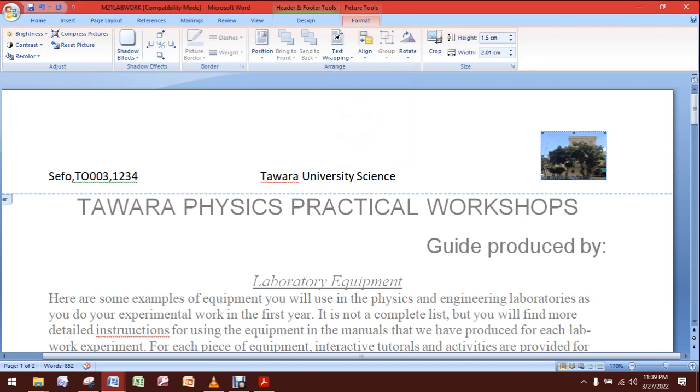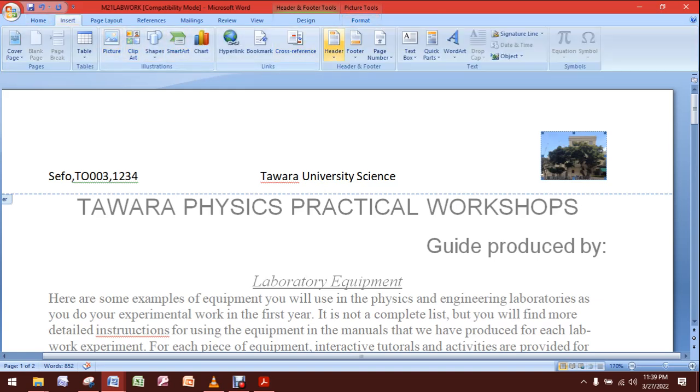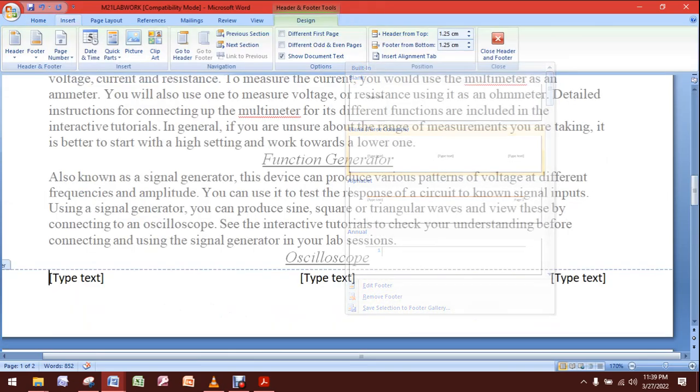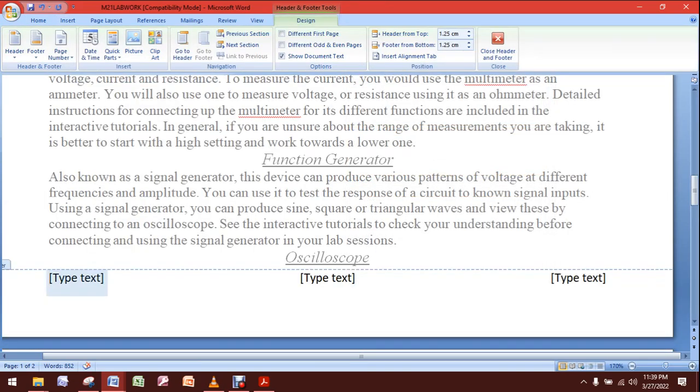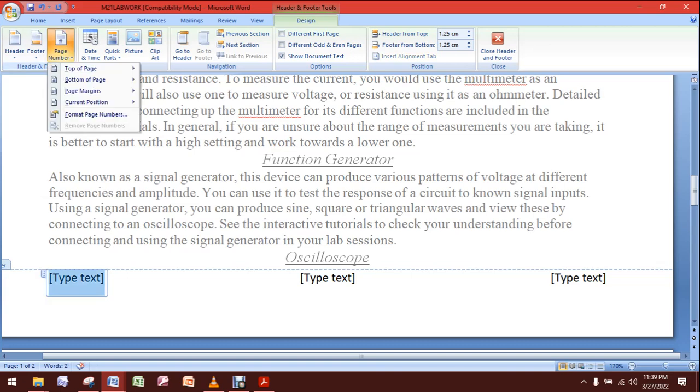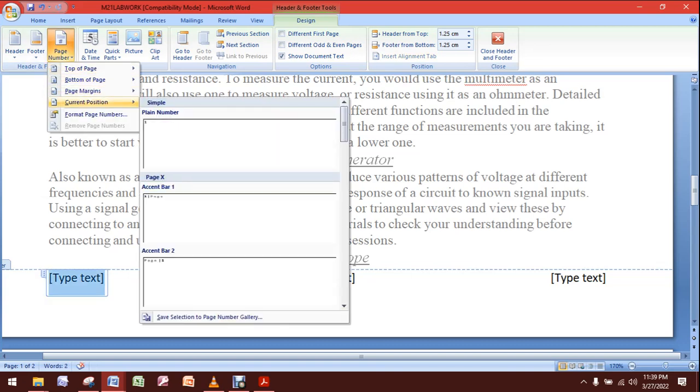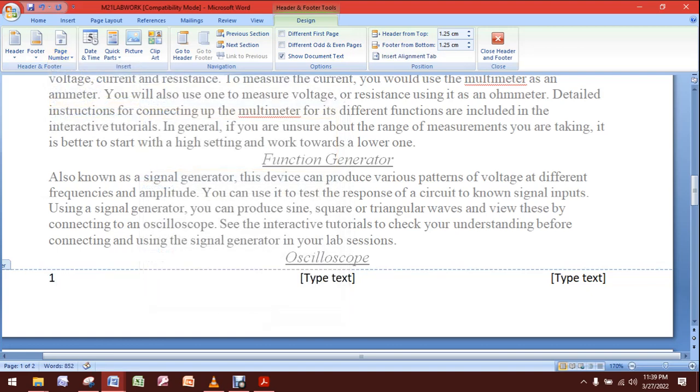Right. Also on your footer, automated page number on the left, file name on the right. Again, go insert something on the footer, and then you have the page number to the left align. Right. So this is a bit tricky. Go page number. Go to current position. Current position, not bottom of page, current position, and I'll choose the first style, and then file name is full path right aligned. Click on that, and then go to